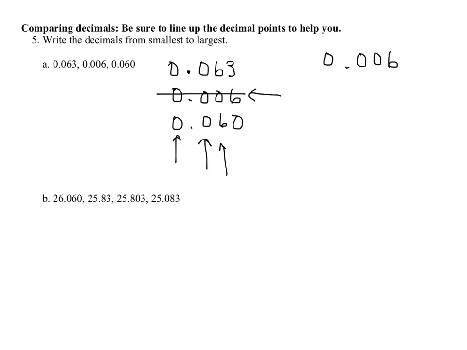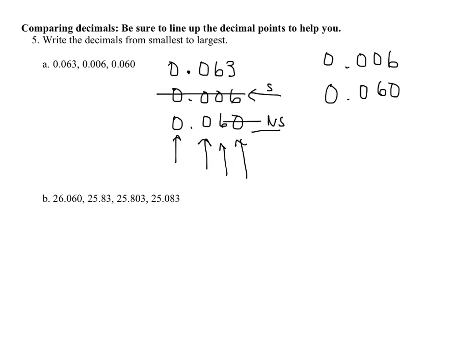And the next thing I have to compare is, since these are the same, the 6 and the 6, I am going to compare the very last column. And you compare columns from left to right, because the leftmost are the bigger pieces of the number. So I notice that this 0 is smaller than the 3, so this one is my next smallest number, and I'll move them over here